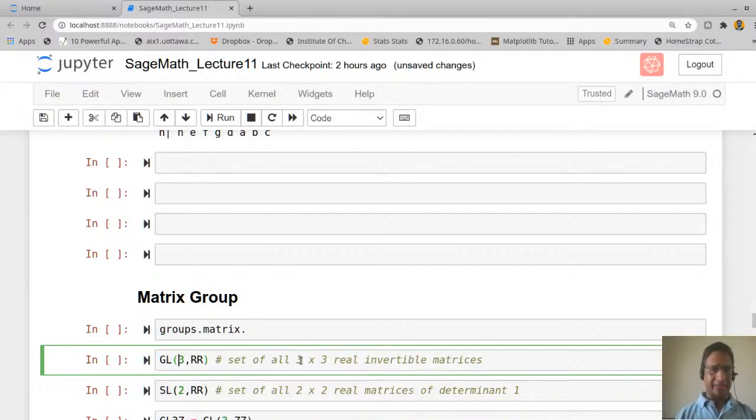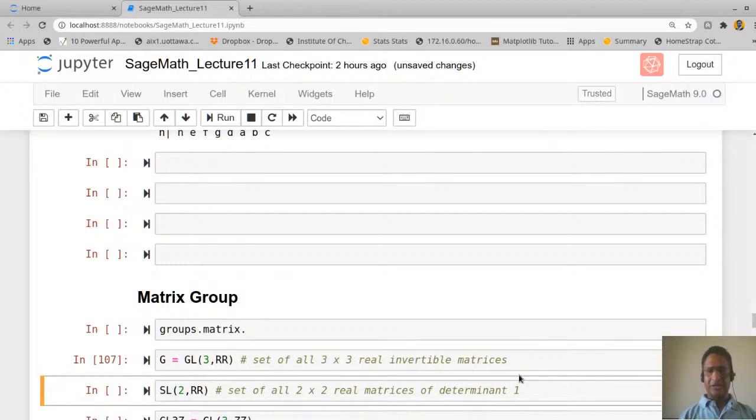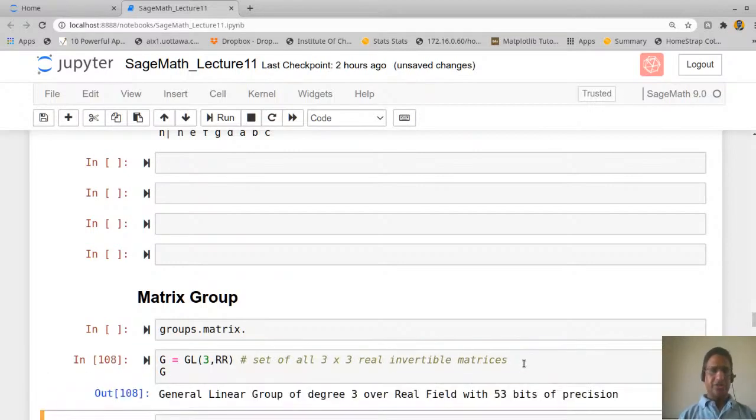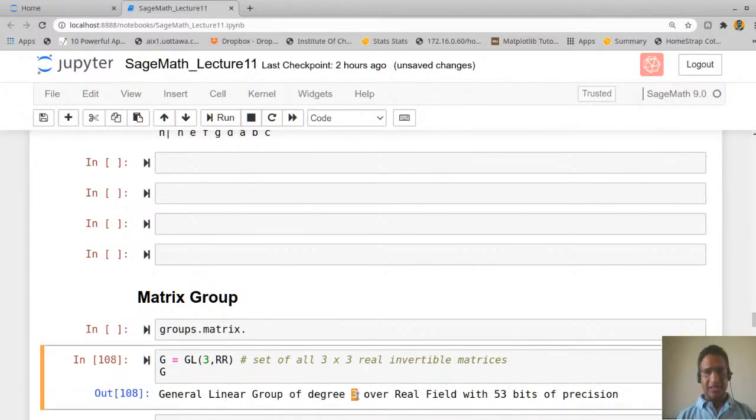RR stands for the real field. Let me call this G. Now ask what is G. This is a general linear group of degree 3 over a real field of 53 bits precision, right?